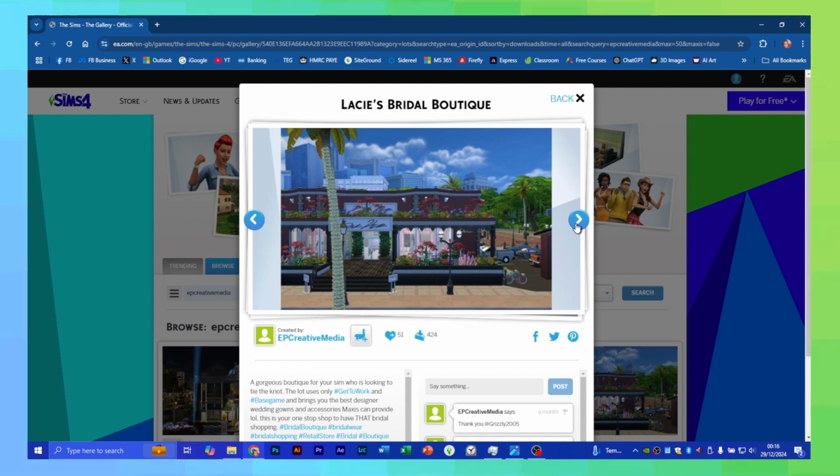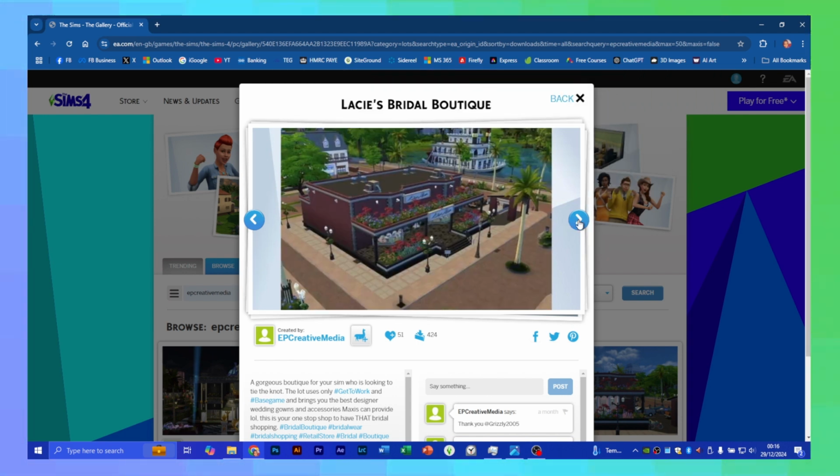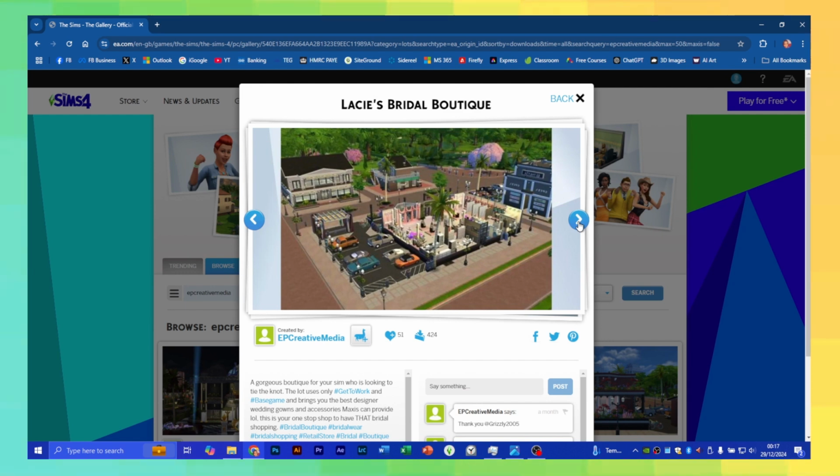I was having so much fun creating this because the beauty about this particular build and another one called Tux is that I wanted to create two separate builds. One for the bride, when you're about to get married and the bride goes shopping and they sit down and can have a glass of champagne whilst they wait, or whilst they're changing the different outfits. That's the vibe that I gave Lacey's Bridal Shop, and I called it Lacey's Bridal Boutique because